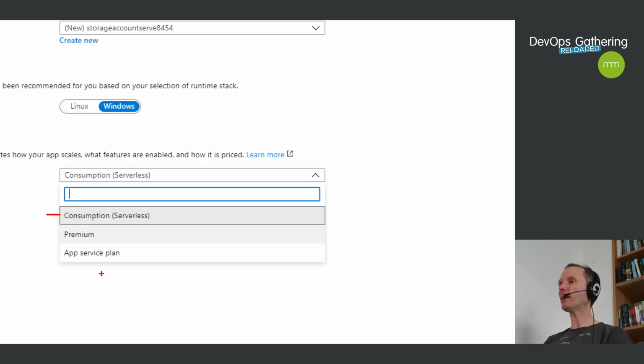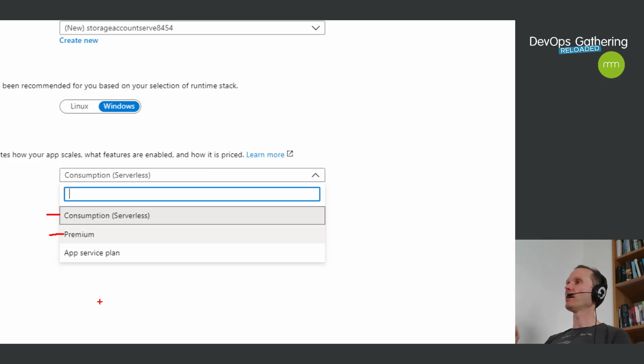Because the first request that comes in will take a while. Because if it's scaled down to 0, all that is left in the Azure cloud is a kind of reverse proxy that recognizes your incoming request, for instance, an HTTP request, and will spin up, cold start your services on the fly. And typically you don't want cold starts because they are rather slow. And your customers, they don't want to wait for cold starts. So, therefore, Microsoft introduced a new plan type, which is called Premium.